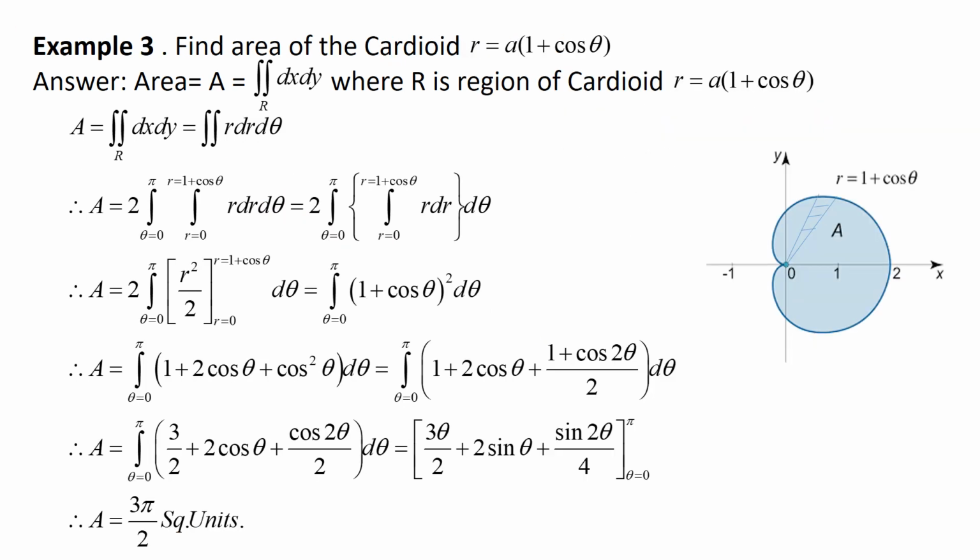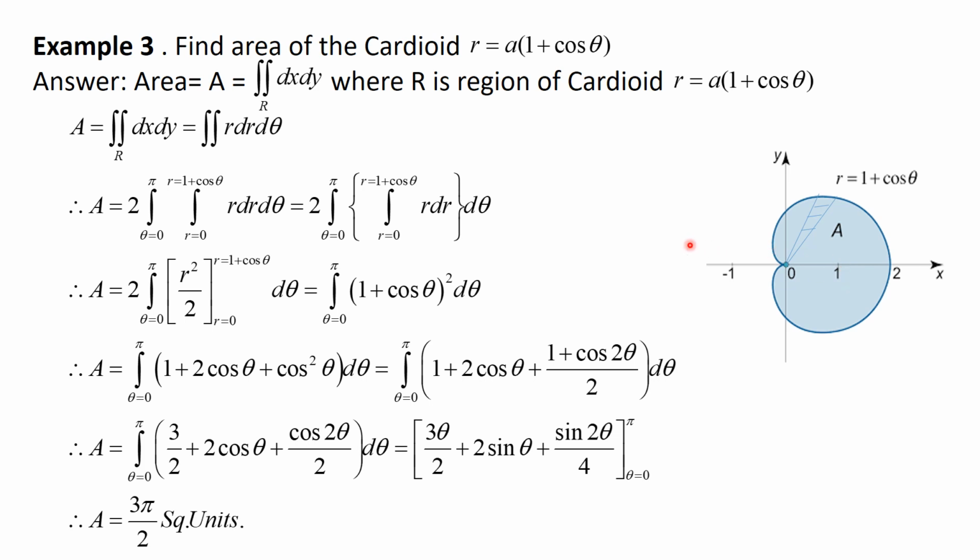Example 3. Find the area of cardioid r equal to a into bracket 1 plus cos theta. So r and theta terms, that means we are considering polar form. So we are interested to use formula for area in terms of polar form, where r equal to a into bracket 1 plus cos theta is the type of cardioid towards the right hand side part, and so considering this is nothing but our region, so r equal to a 1 plus cos theta, where a is equal to 1 is considered for this diagram.